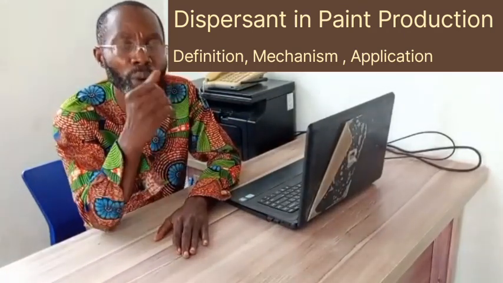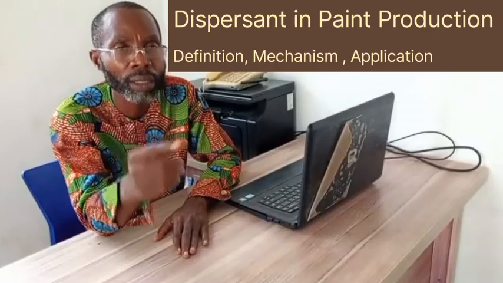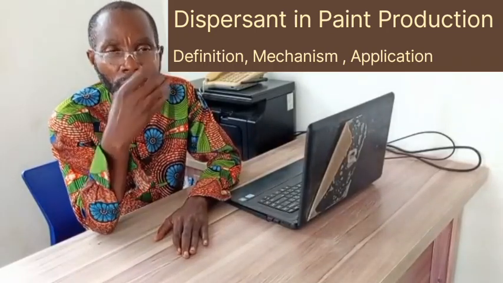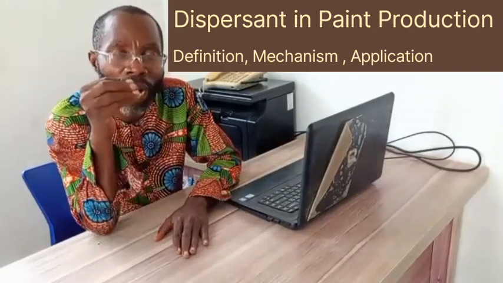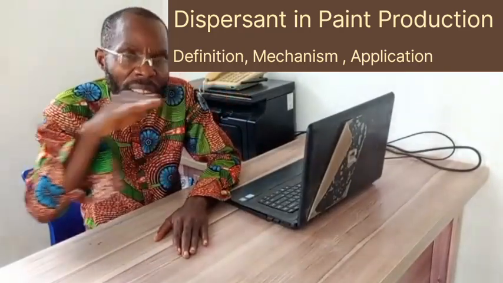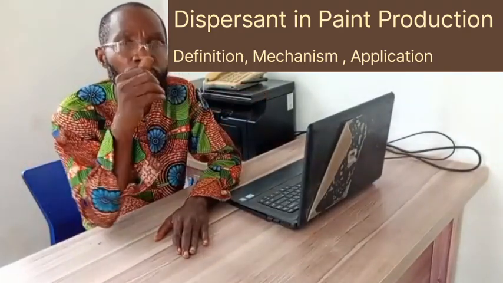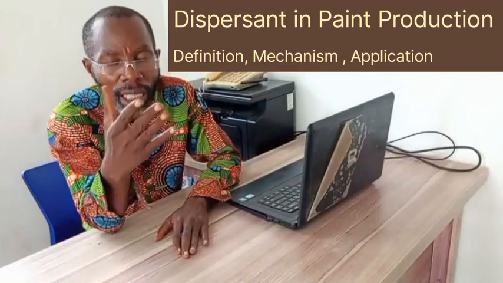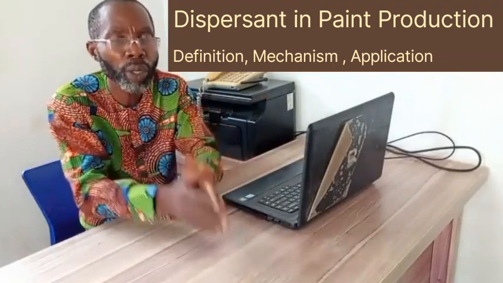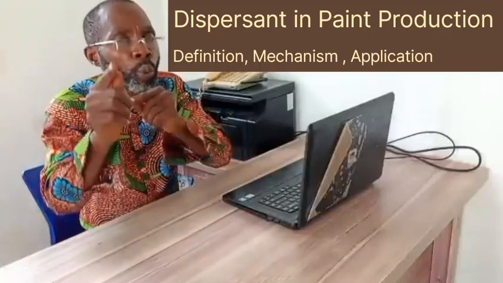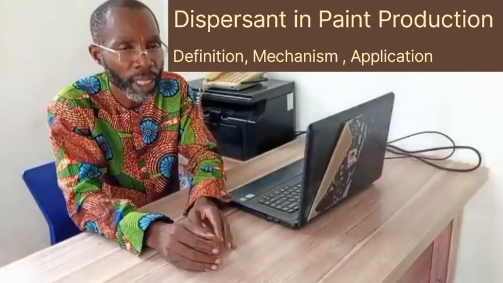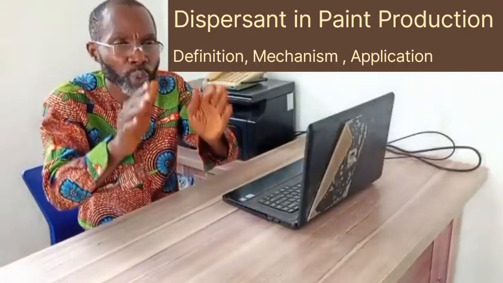So that is the function that I said. It breaks down what? It breaks down particles in the production process into smaller units so that you can achieve a fine result, evenly distributed results. Another thing is this. During the production process, let's assume you have produced your paint. Now you mix it without dispersant. After the paint settled down,